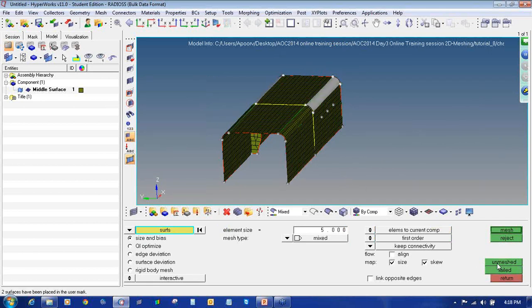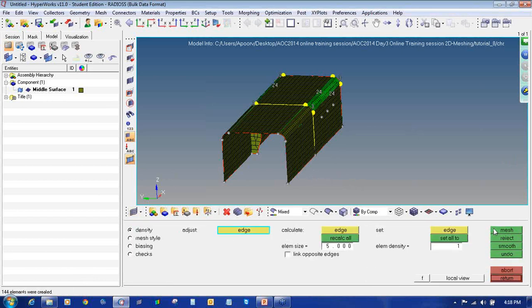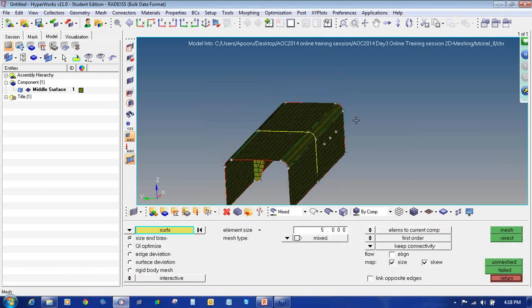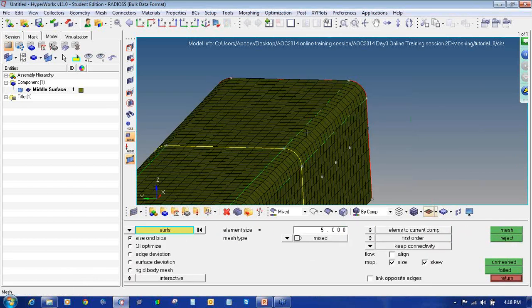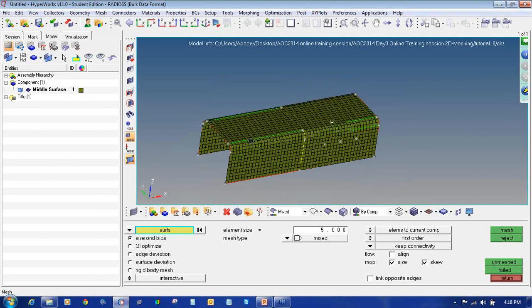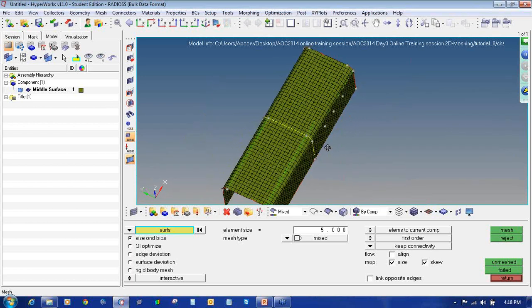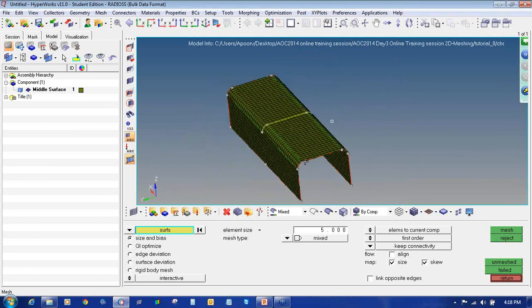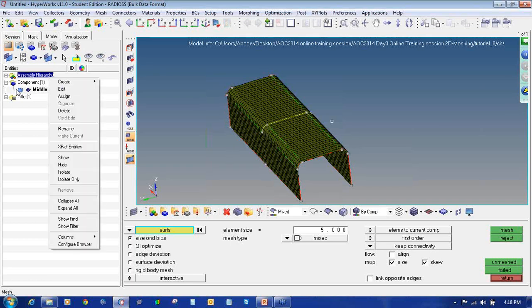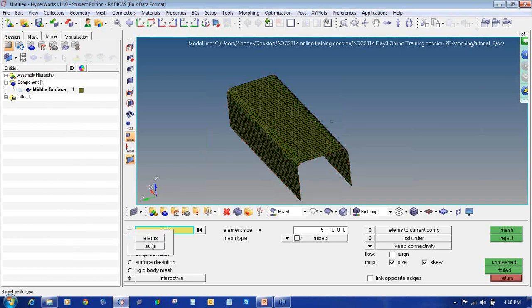Click on unmeshed, and it will highlight that 2 surfaces are not meshed, so you can directly mesh those surfaces which are not meshed. You just have to click on unmesh to mesh the remaining surfaces. Also during the quality checks, if you find some elements with poor quality and you want to remesh that already meshed component, that is also possible.